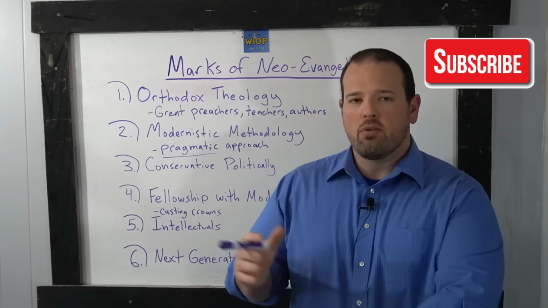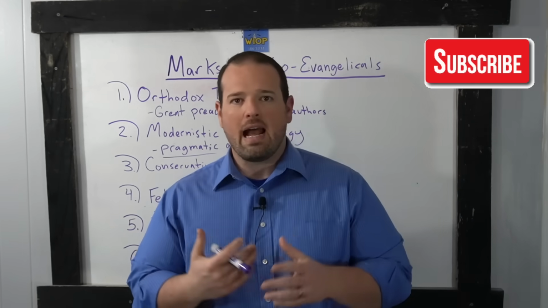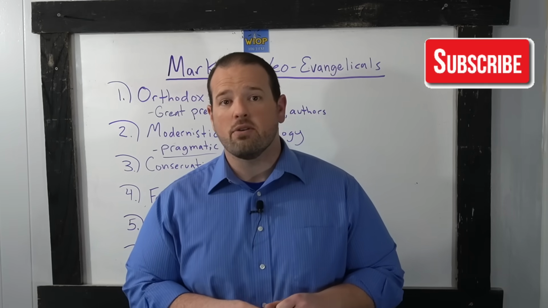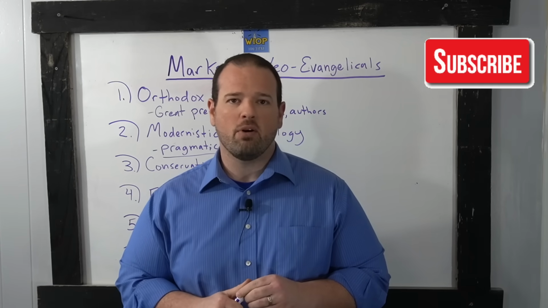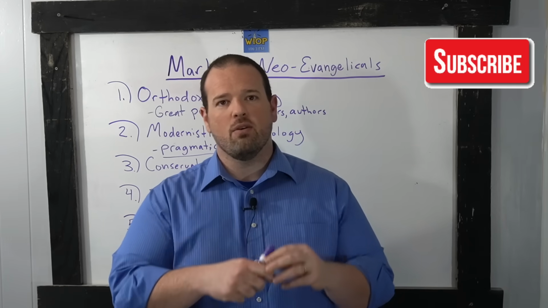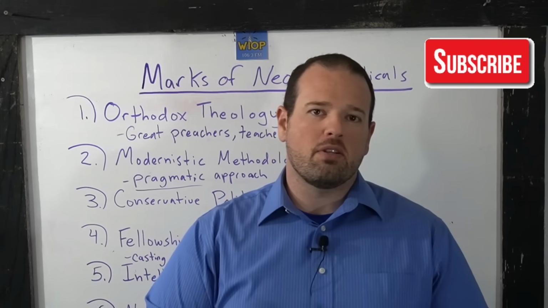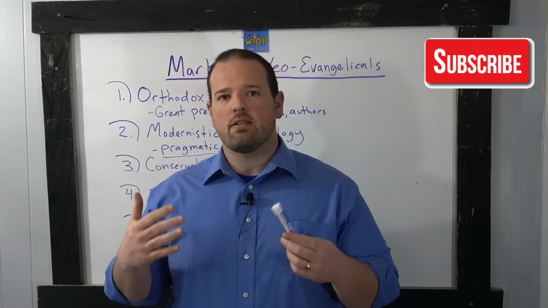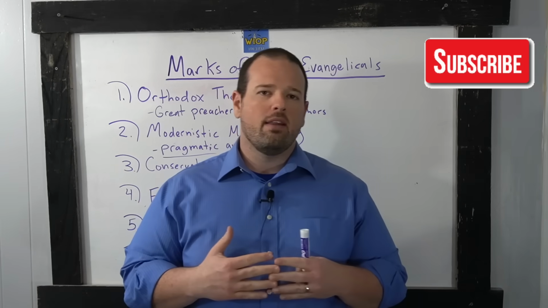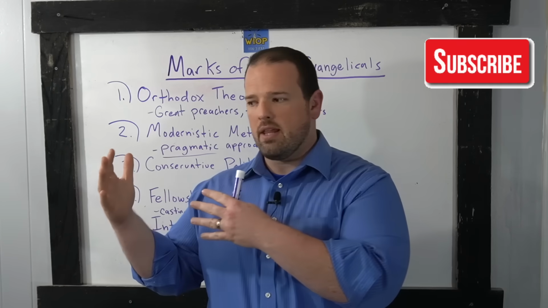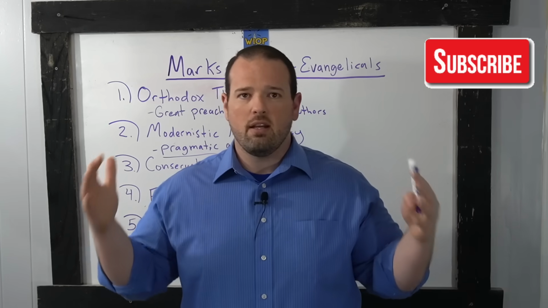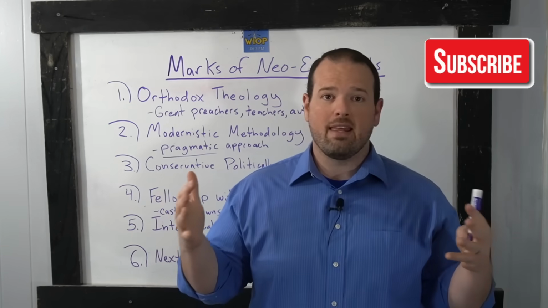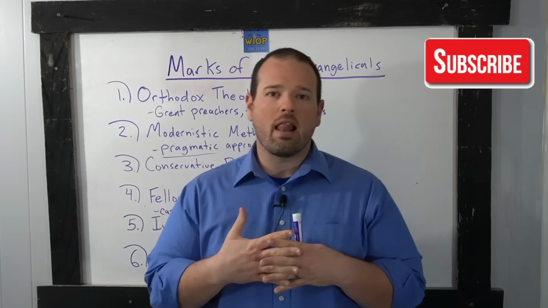We want to go through all this, and we want you to see our last video on the marks of a modernist. If you haven't watched that one yet, go watch that one, and that will tie into this video as well. We'll try to just explain all this stuff to you. Now, we want to delve into this and basically just give an overlay. There's the fundamentalist, neo-evangelical, and the modernist. The end caps are fundamentalists and modernists, and then the hybrid in the middle is the neo-evangelical.